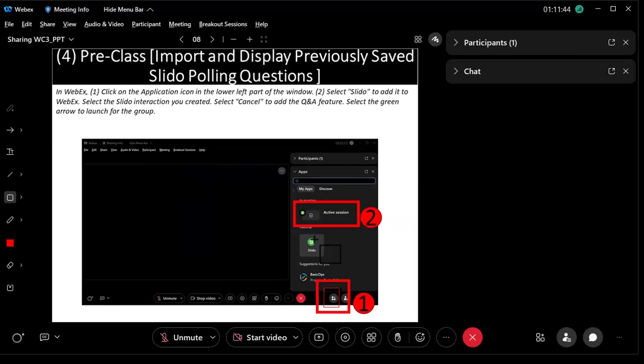It pulls up all the different Slido session groupings that you have, and that's why the name is so important. And then you click on the one for today, it pulls through all those questions, and then you can just activate them as needed. So that's how you get it started. And then once your session is going, they're all there waiting to use. And once the slide comes up that says Slido question 1, then you can go ahead and activate it.